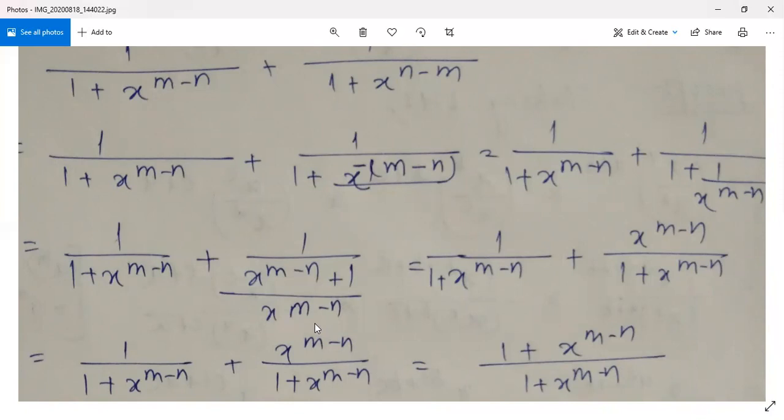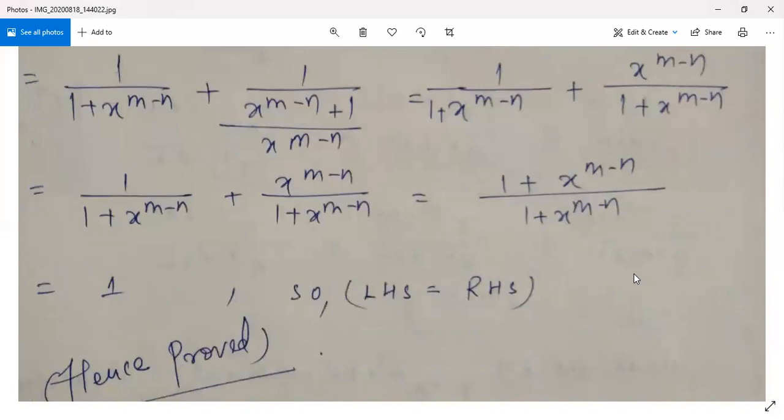Okay, that is also your formula. ये भी आप लोग पहले से सीख चुके हैं, ये सारी चीजें हम लोग पढ़ चुके हैं। ओके, तो इसको हम लोग x to the power m minus n plus 1 upon x to the power m minus n को हम लोग क्या लिखेंगे, it will be written here as x to the power m minus n upon 1 plus x to the power m minus n। ओके, x to the power m minus n plus 1 लिखो, या 1 plus x to the power m minus n लिखो, that will be same also ना, साइन नहीं बदल रहा है वहां पर, बस हम लोगों ने उसको आगे लिख दिया, उसको पीछे लिख दिया। ओके, देन देयर इज नो डिफरेंस, दैट नंबर इज आल्सो सेम।